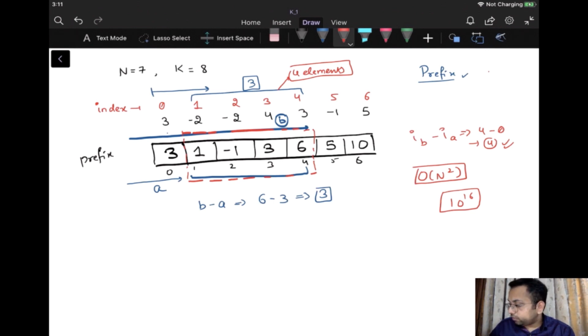Total iterations will be equal to 10 raised to the power 16 if the value of n is 10 raised to the power 8. So this problem is not going to work, or this problem is going to give you TLE. This is the case where most of the students get stuck. They are not able to figure out what we should do in this particular case. So